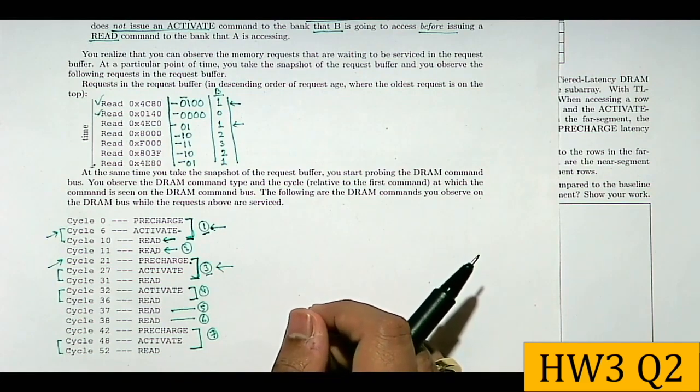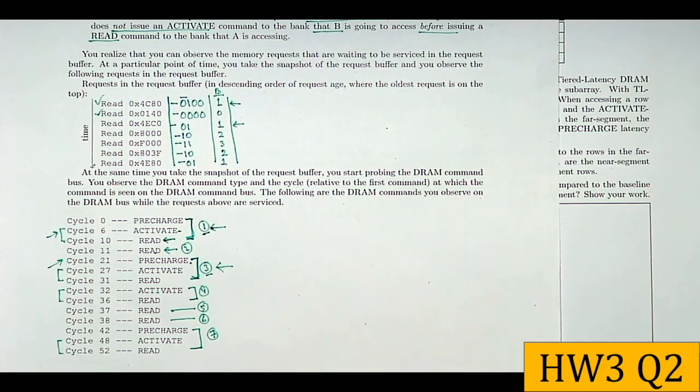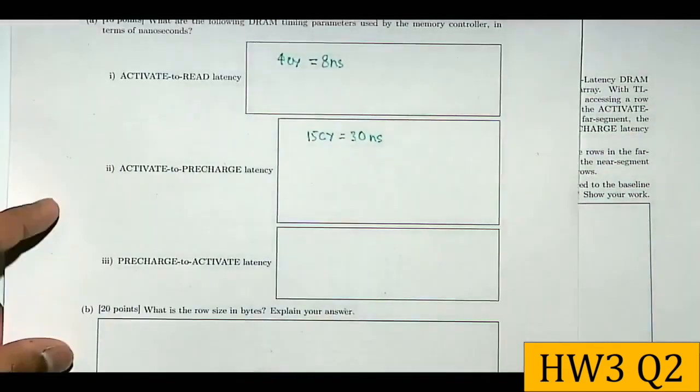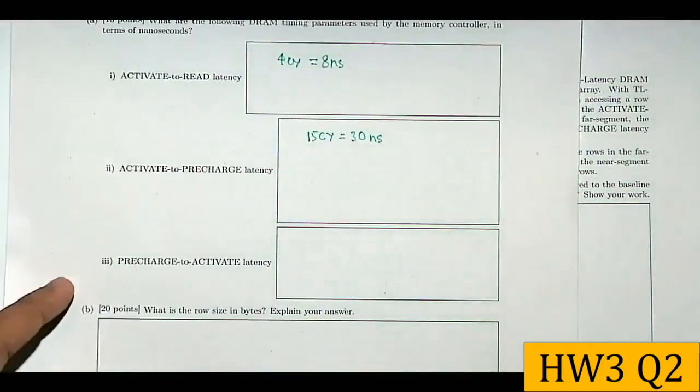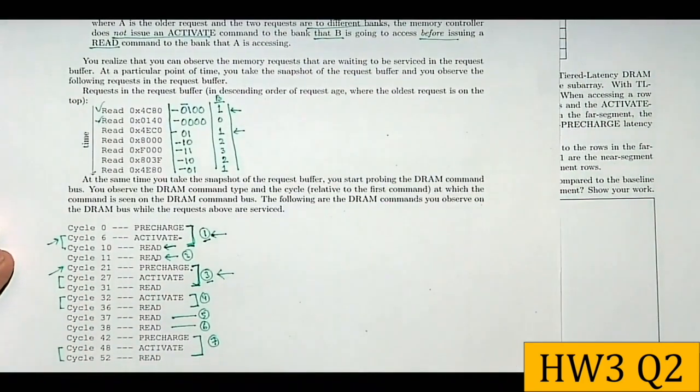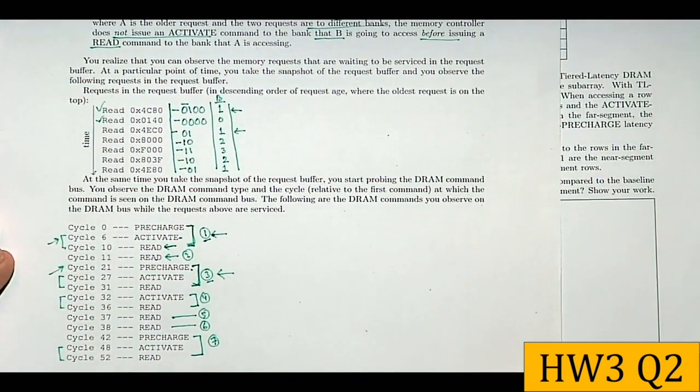If you say the minimum activate to pre-charge latency, that's something we can find. But right now you said activate to pre-charge. Yeah, right. Okay, I will calculate access 3 to access 7. Both go to the same bank. I see, 100 cycles. I see that every activate and read differs by 4 cycles. So there's 6, 10, and later on there's 27, 31. So we can be sure that this is